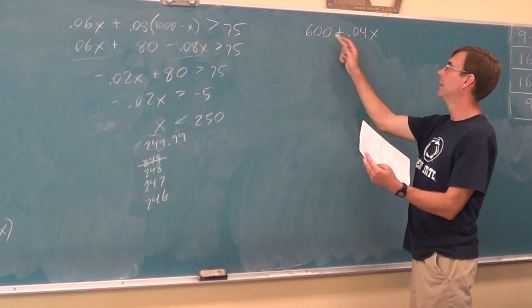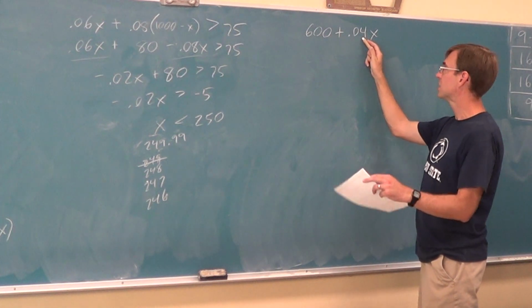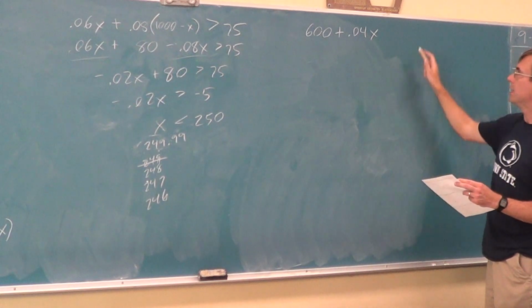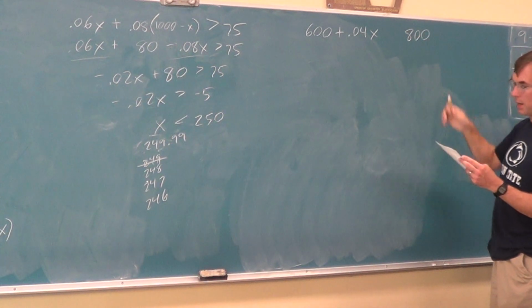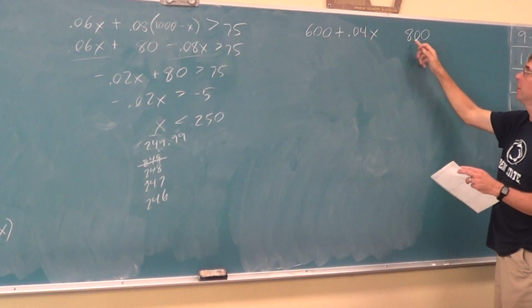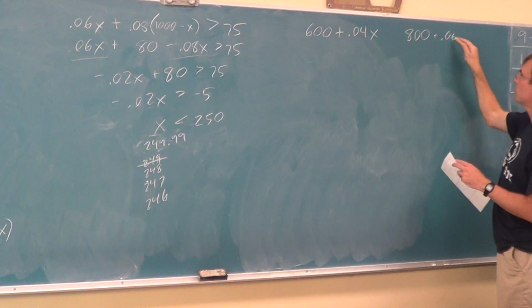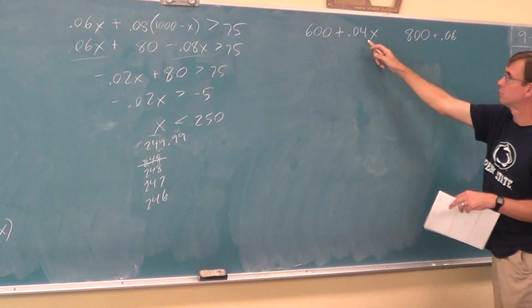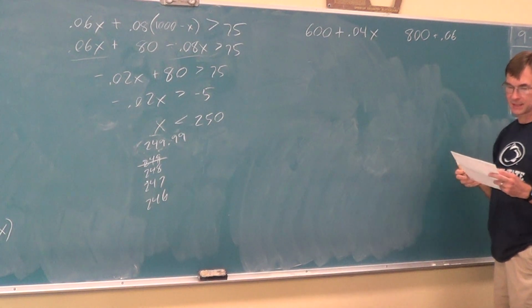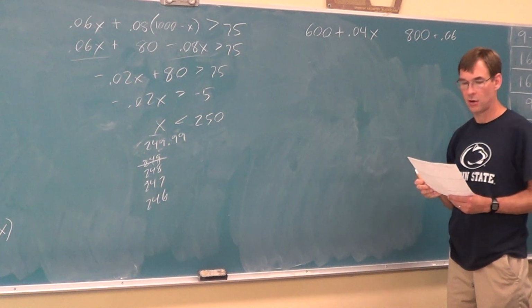You get $600 a month, you get 4% times anything you sell. Then there's a plan B. You get $800 for the month, which seems better, is better. You get 6% commission, which seems better, but maybe isn't better, because the 6% you only get on sales that